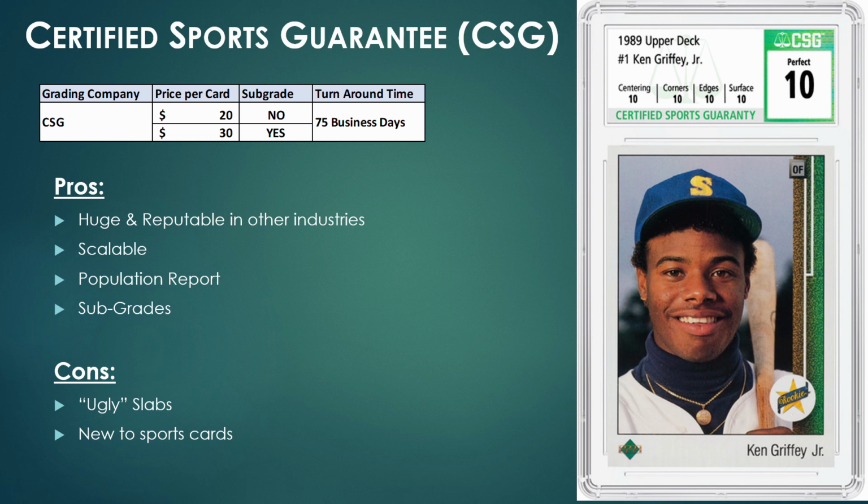So CSG is also known as Certified Sports Guarantee. The price per card is, with no subgrades, about $20 per card. And if you want to include subgrades, it's about $30 per card. And the turnaround time for that is currently, and again, this is as of May 9th,